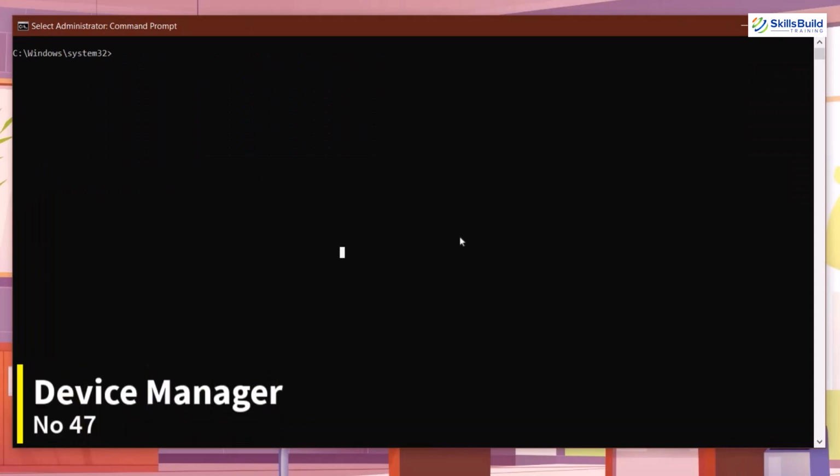On number 47, we have Device Manager. Well, Device Manager allows a user to view all the hardware on its system, and you can also use it to install, update or remove the driver for your system. And all the devices can be viewed by their types with the help of Device Manager. We can open our Device Manager with the help of our command prompt. Well, for that purpose, you just have to use a simple command as